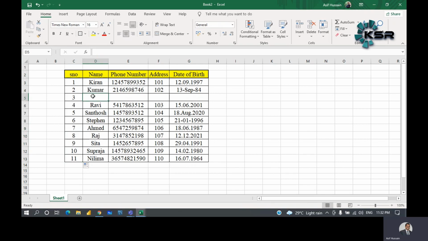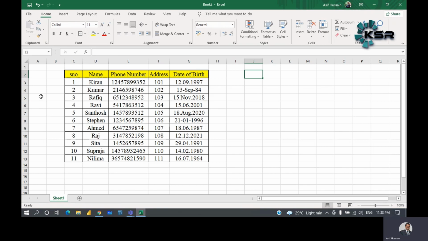Now you can enter any data. You can enter the name, you can enter the phone number, you can enter the serial number. Instead of entering the serial number again, you can select these two boxes, place your cursor at the bottom right and start dragging it till the end. Automatically it will get changed. You can add the date of birth also. Like this. So my dear friends, now this is insert.